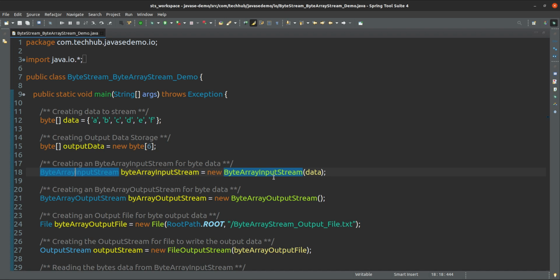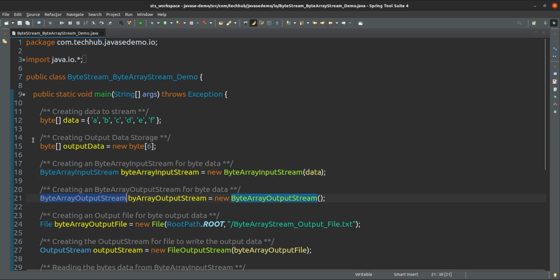So for this array, we have to use byte array input stream and byte array output stream. This is our output array, this is our input array. We have created the data for the stream. So this is the input array, this is an output array, and we have created one byte array input stream and